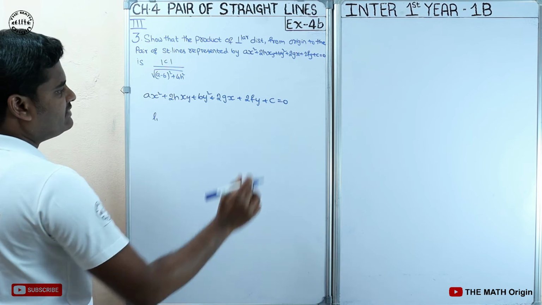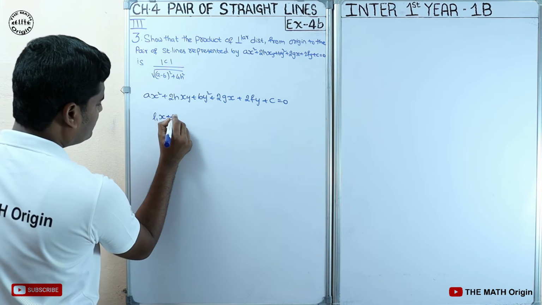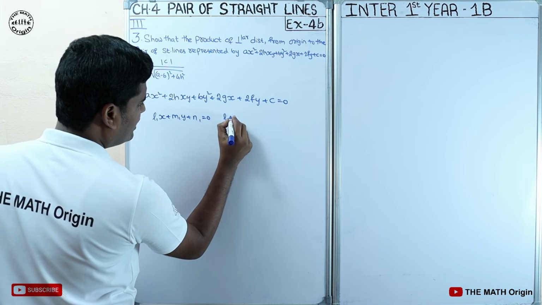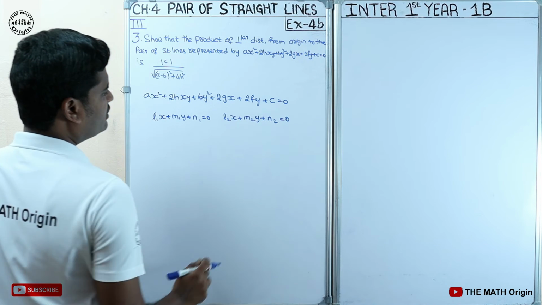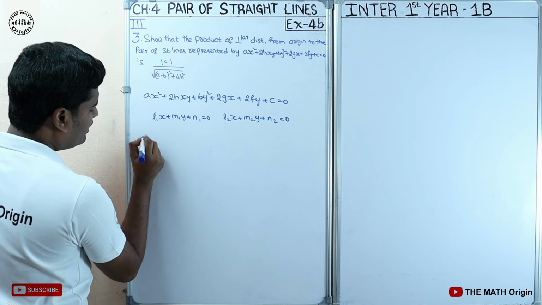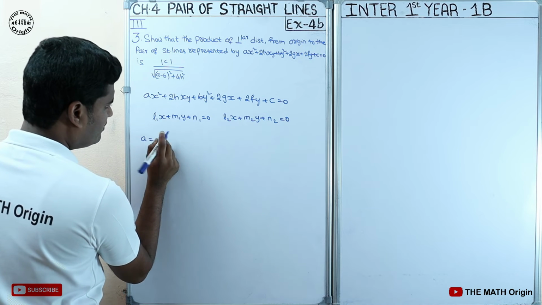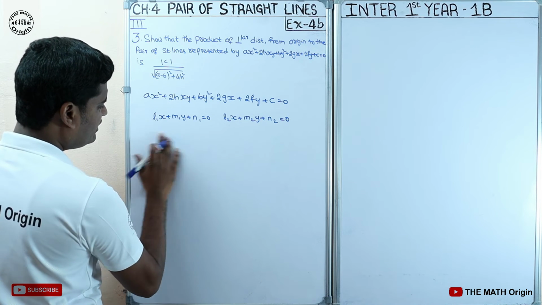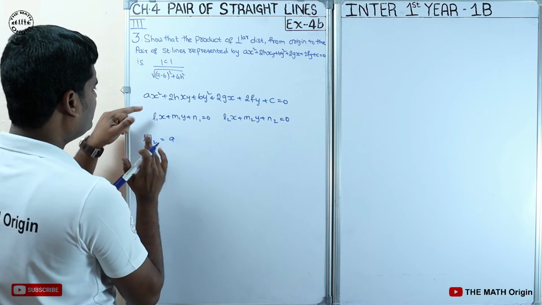Now what I will do, this is a representation of a pair of straight lines. So I will take individual lines, L1x plus M1y plus N1 equals to 0, and next line is L2x plus M2y plus N2 is equals to 0. Now I will make every coordinate values. So x square values, a is equals to L1 L2, only the one value we will get, L1 L2. Okay, in the other way I can say L1 L2 is equals to a. Okay, we are done with this x square value.